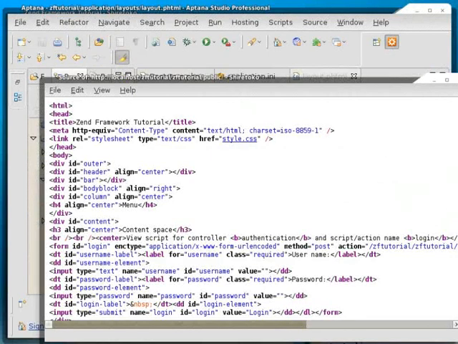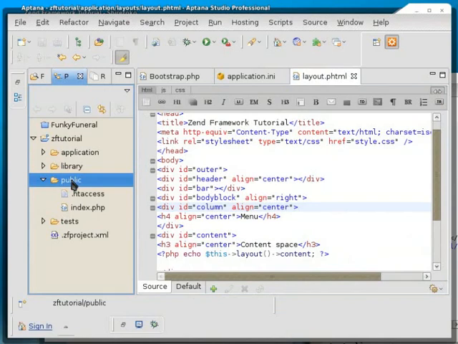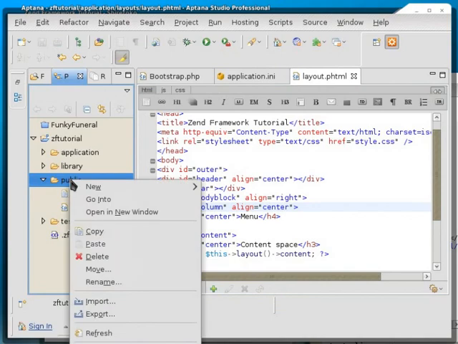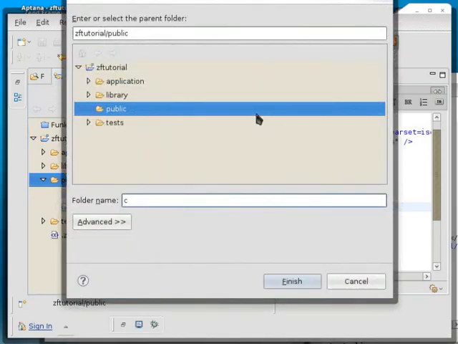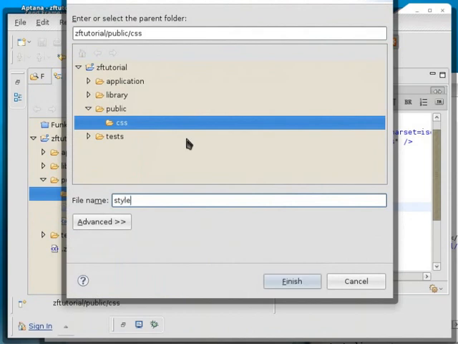This is because the style sheet that controls the layout of the page is not created yet. Now, before we actually implement it, we have to remember that the link tag in HTML is seen as a separate browser request. So the calling of this file is separate from the call of the entire page, which means that this CSS file must be in a location accessible by the browser, and this one and only location is the public folder. This is where the CSS file has to be so that the web browser is able to pick it up independently. So we'll create a folder to house the CSS files, call it css, and we're going to create a file called style.css,